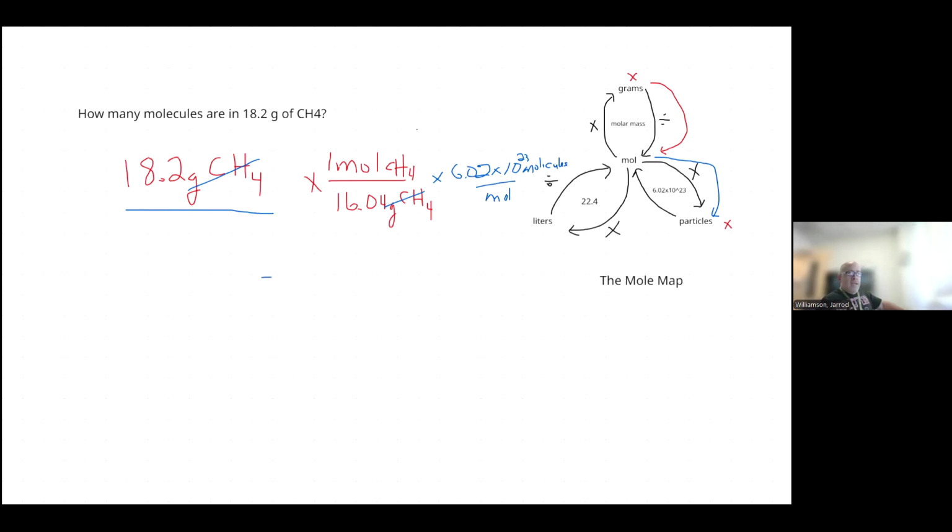When I do that and I get my calculator out, now that might be 16.05 or 16.04, but you guys understand. 18.2 divided by 16.04, hit equals times 6.02 times 10 to the 23rd. And that's going to give me, for my answer,